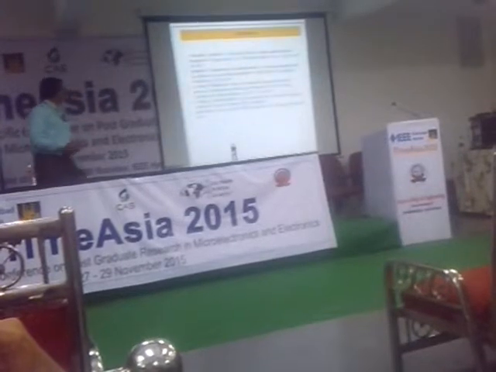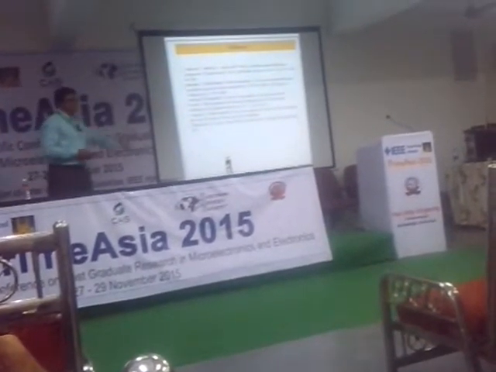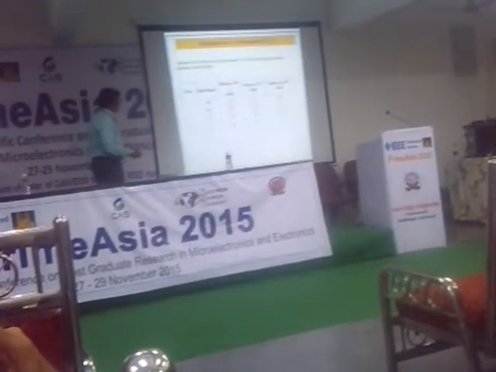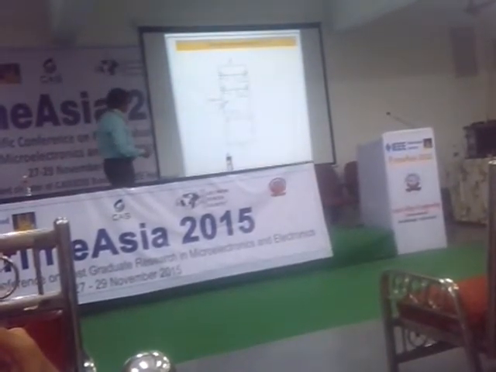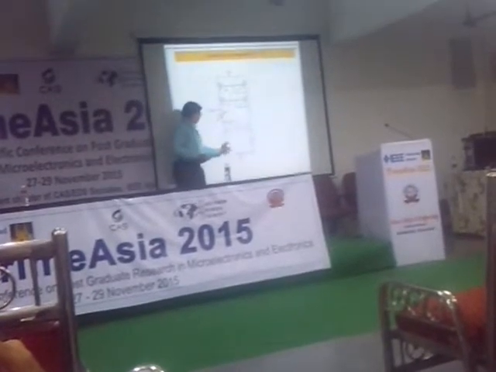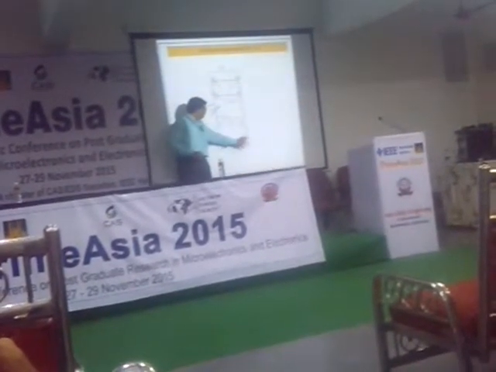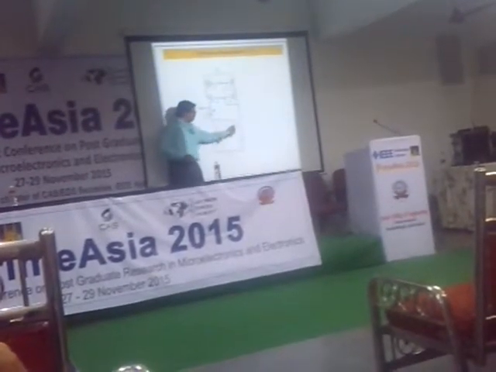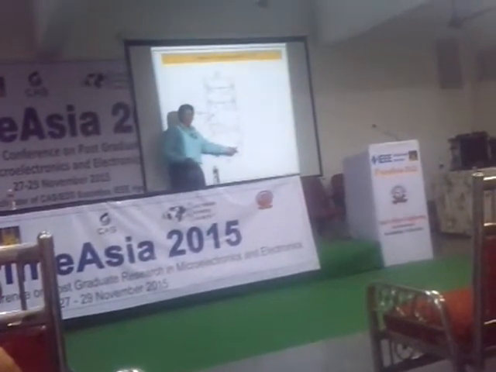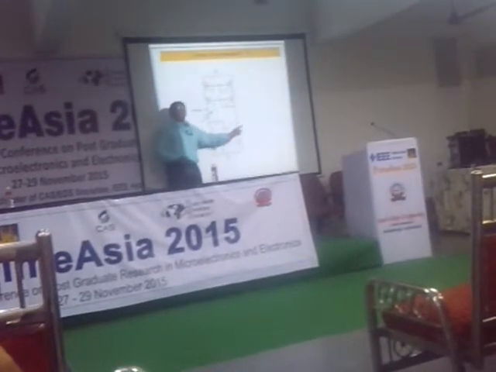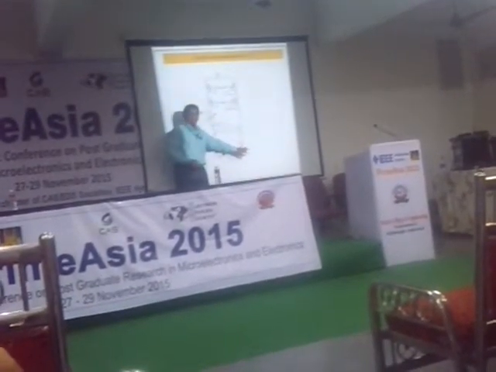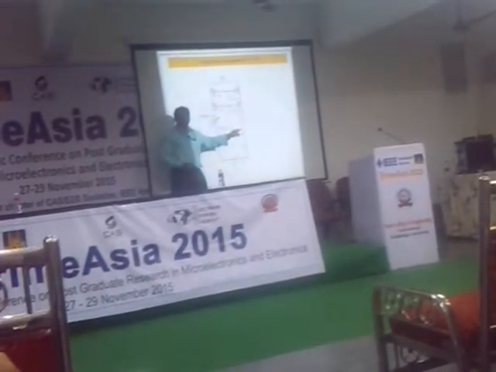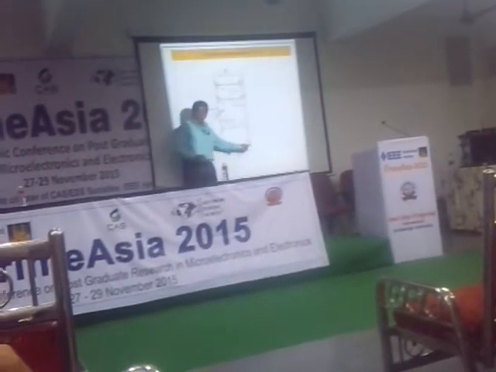These are the references, and that is the circuit I have used here. Actually, how this circuit works is, here you have a VBE1, VBE2 and a resistor. When you do a KCL, you have VBE1 minus VBE1 plus VBE2 plus I into R1. So I into R1 is equal to VBE1 minus VBE2. So the voltage drop across this resistor is VBE1 minus VBE2. Then the current I will be equal to VBE1 minus VBE2 divided by R1.